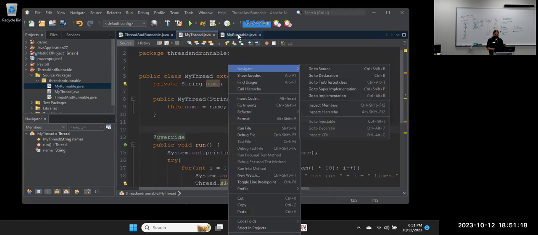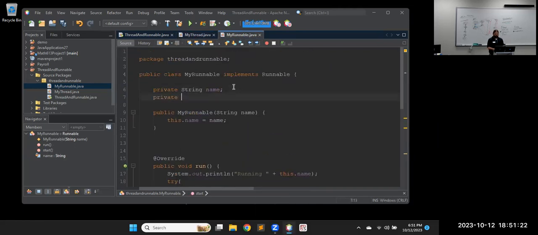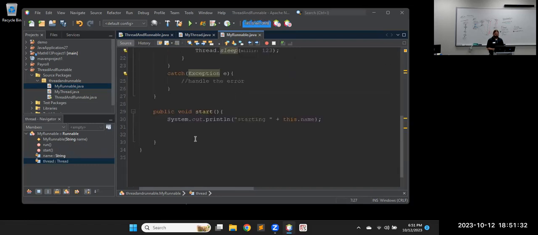So if we come back up to the top, along with the name here, let's create a thread for it to run on. Call it thread. Sorry, I forgot I had to type that in there and started typing the next part of the code. And then an instantiation thing, which we haven't done much this class. So if that thread we just created, I'll put this dot thread. If that is null,